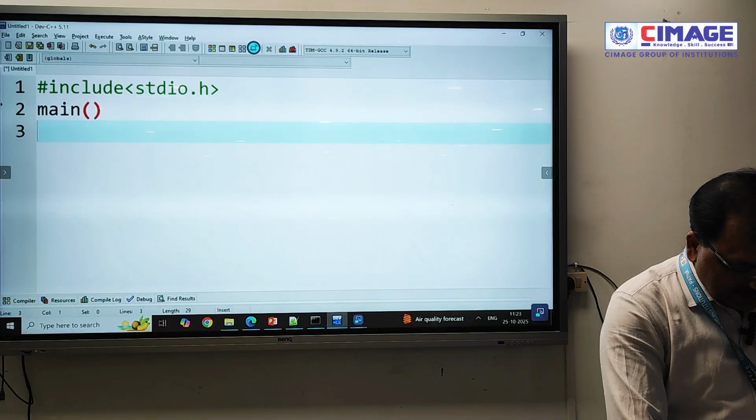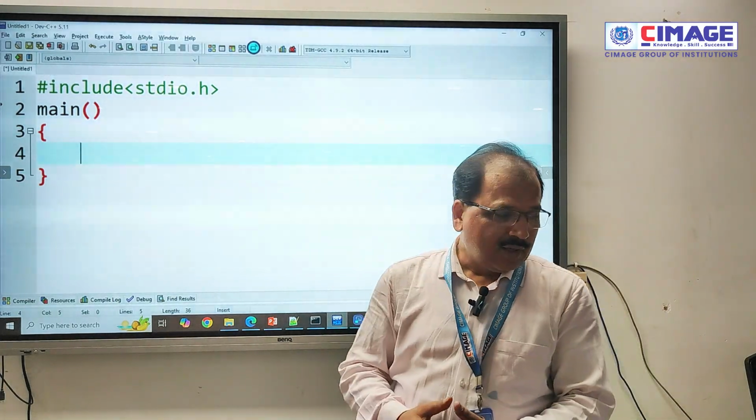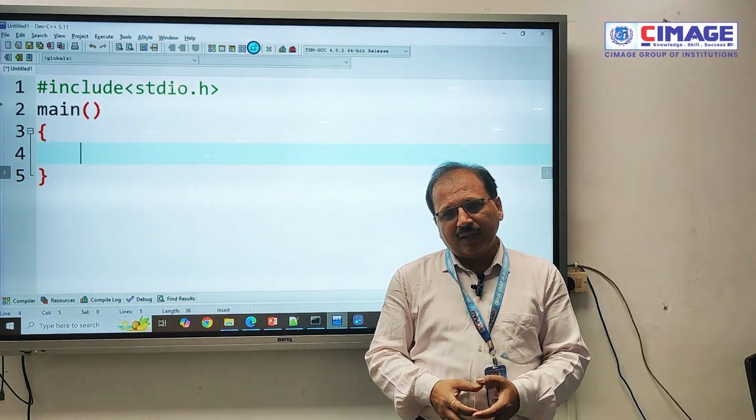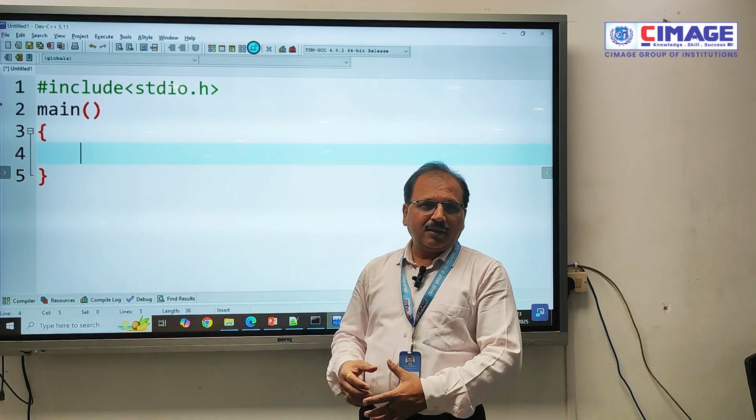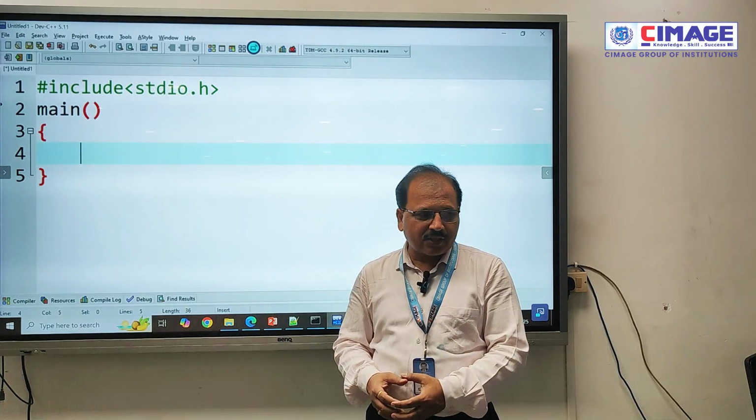You can write it as simple main, void main, or int main. Here I have taken only the simple main. Even if you don't write anything, it is going to return a certain default numeric value to the operating system.